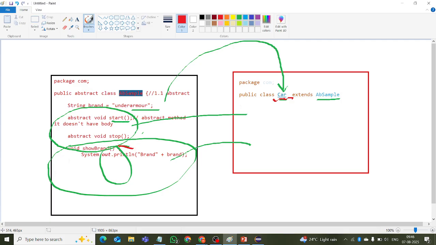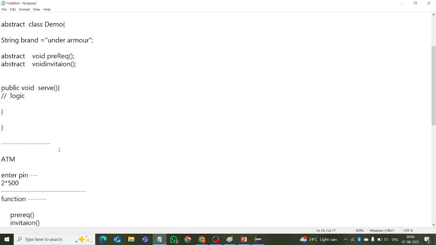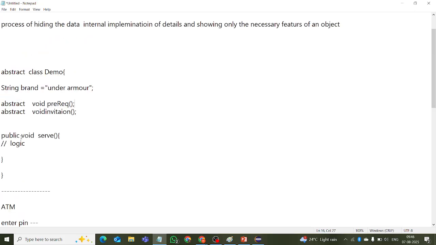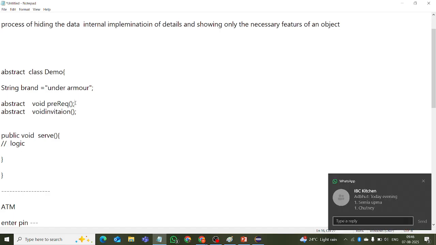We can access the implemented methods directly, but we have to implement the unimplemented methods in the core. That only I wrote here in the function also. Whatever we know, we can implement. Whatever we don't know, we have to put like this. After that, we have to give it to some other person. He will